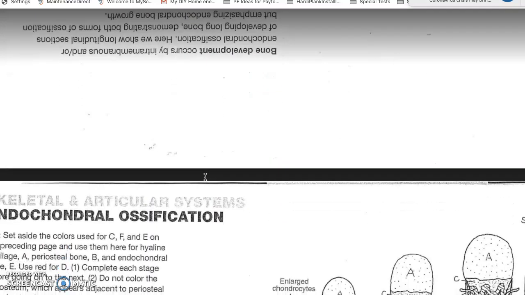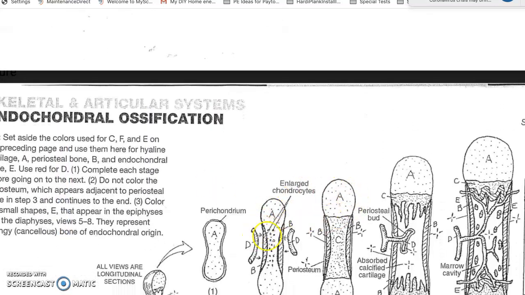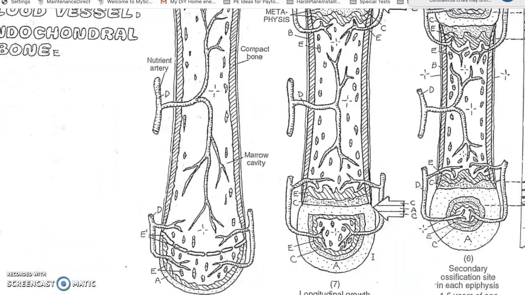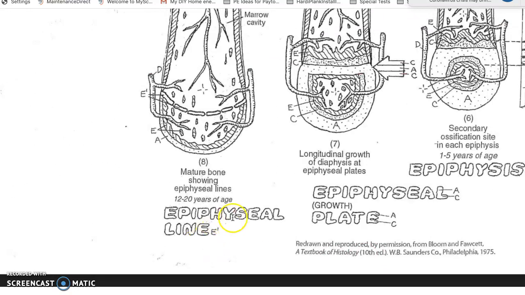So how bone grows, which is what I first introduced to you. Remember, this is in the womb, and then the stages of growth. And if you look at the bottom of the page, this is a little bit different. So note a difference between an epiphyseal line